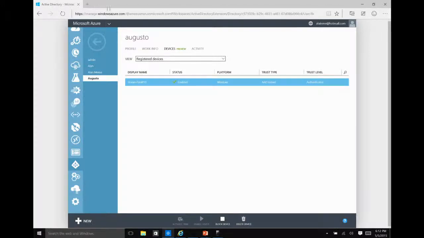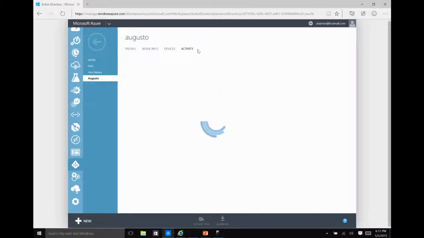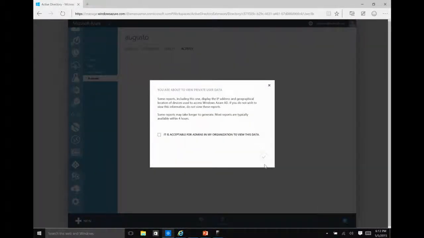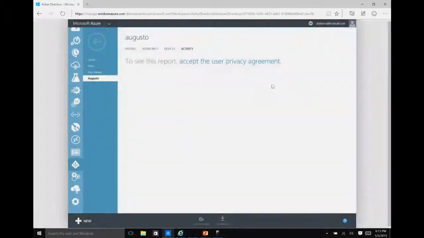I need to use a mouse, I think, here. About the device and the activities that the user is doing. It shows me, but I think I need to enable AD Premium for that. But I can see this, right? What the user's profile is, etc.